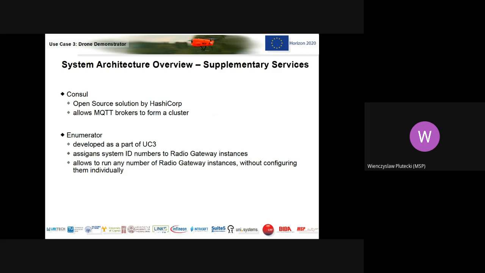And there are two supplementary services. One is Consul, which is also an open source project. It allows MQTT brokers to form a cluster. They need to find themselves inside the Rainbow. And the second one is Enumerator, which we developed as a way to assign ID numbers to radio gateways, because they need to differentiate themselves from other instances, but we don't want to configure them individually. We just can have any number of radio gateway instances. We just set the number of replicas in the Rainbow, and they will get individual numbers,